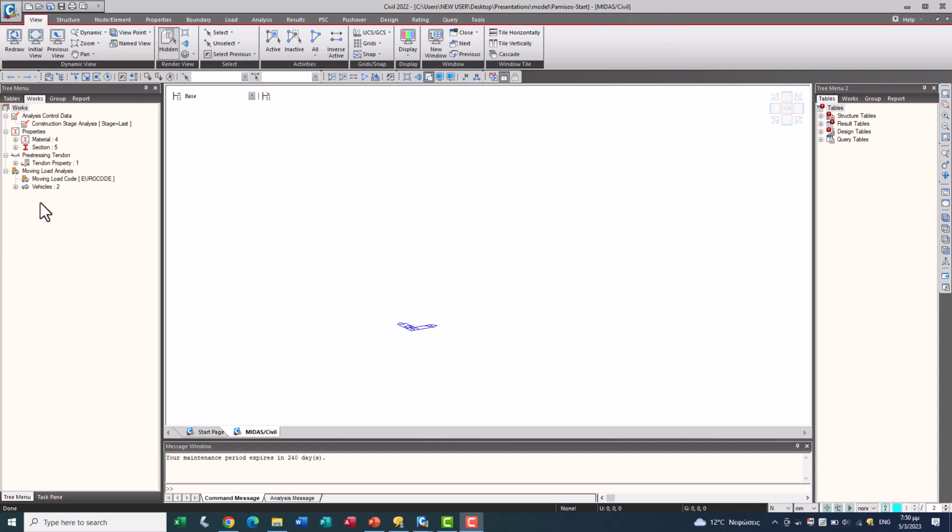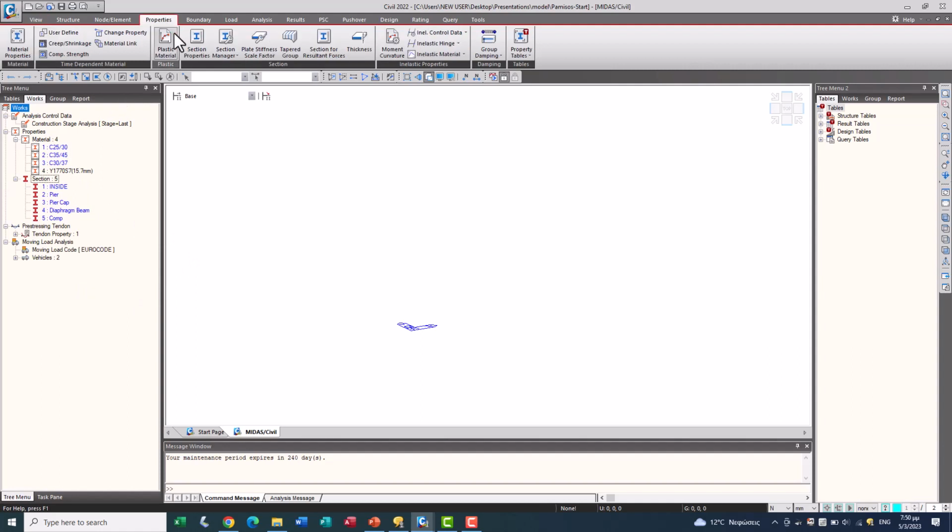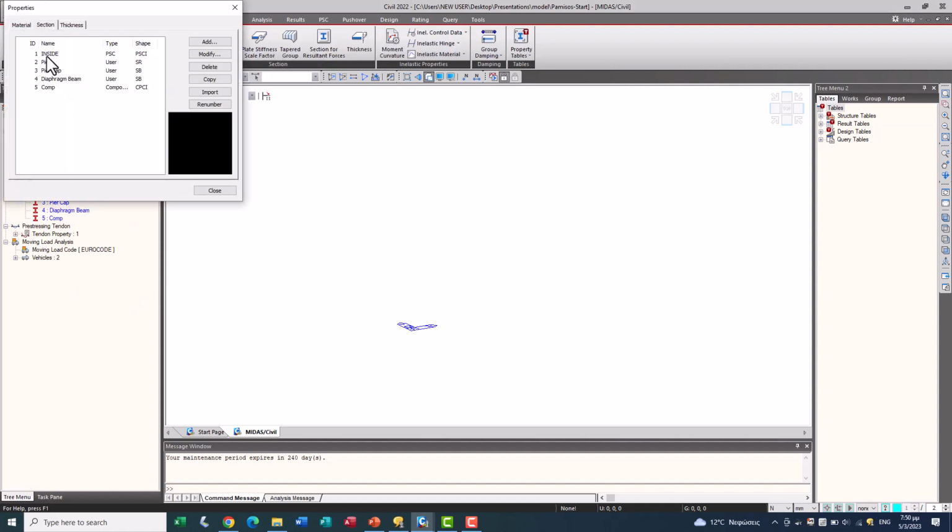You have the tree menu here. We have applied the materials. So we have the deck and the piers.